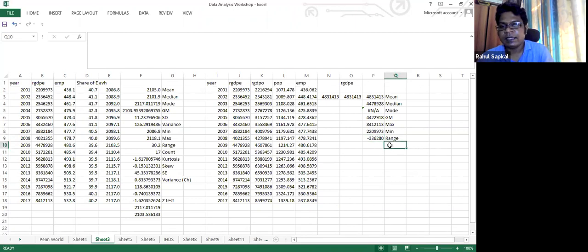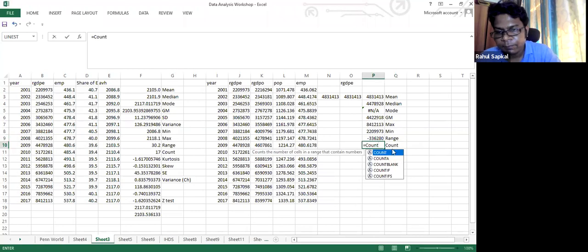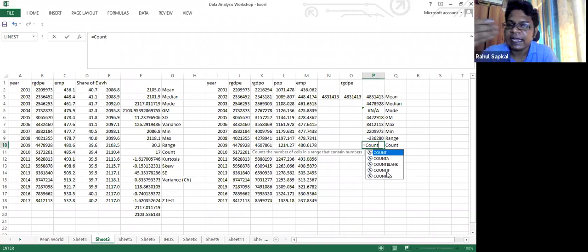Okay. Then count. Now here you will see there are count, then count if and count ifs. Count if is like what we did in the pivot chart, where you put count if, then you get the slicers and then you can have more and more qualifiers.